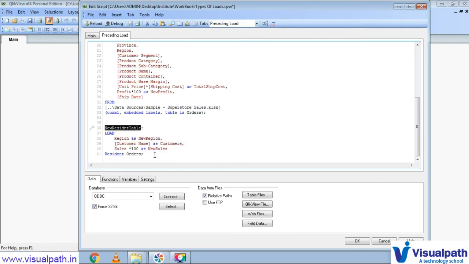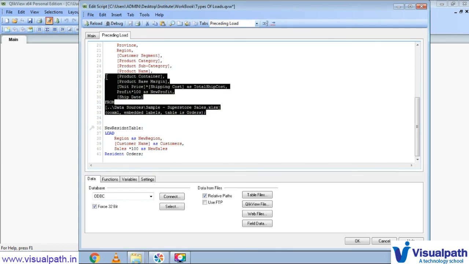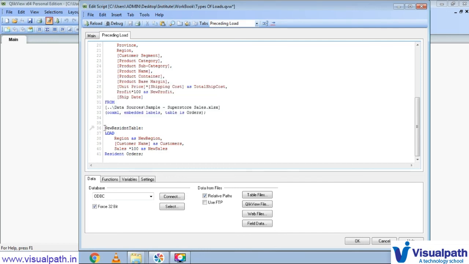So remember, guys, preceding load is a load that comes before the original load, but resident load comes after the original load. Once you have done your original load and the table is residing in our database, from that you can do another load. That is called a resident load.